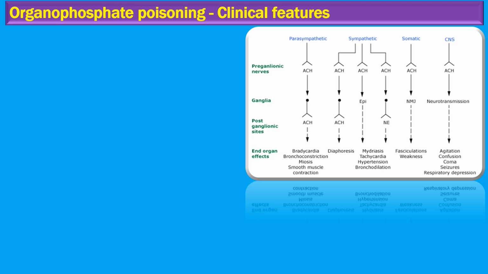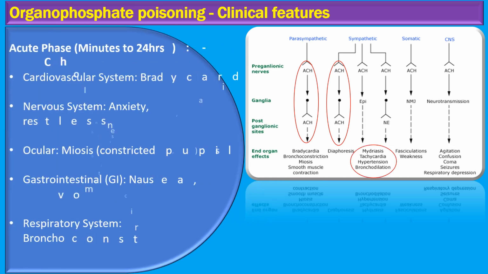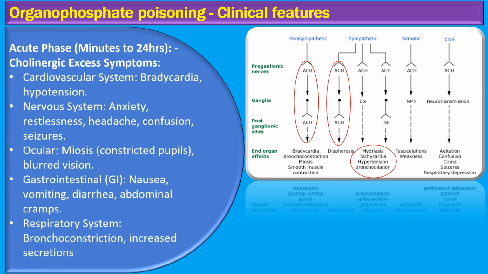Acute toxicity from organophosphorus agents presents with manifestations of cholinergic excess. The excess of cholinergic activity leads to a range of symptoms, primarily affecting the autonomic nervous system, the neuromuscular junction, and the central nervous system. The parasympathetic nervous system, which relies heavily on acetylcholine, is particularly vulnerable. This system is regulated by two types of receptors, the nicotinic cholinergic receptors at the autonomic ganglia and the muscarinic cholinergic receptor subtypes at the end organs.